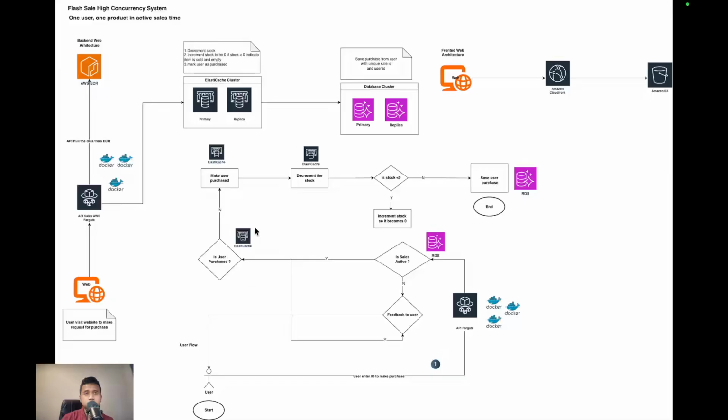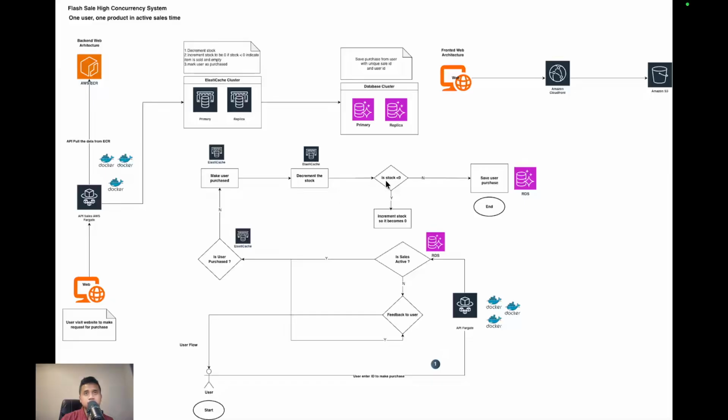This check will be done in the Elastic Cache. And if not, the system will mark that user as purchased, so as to avoid the same user performing the order again. After that, it will decrement the stock of the product. After the decrement, we check from the code whether the stock is less than 0.